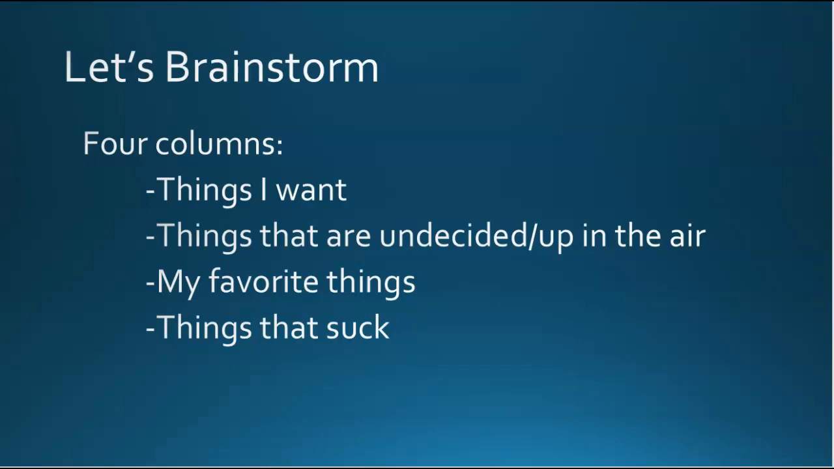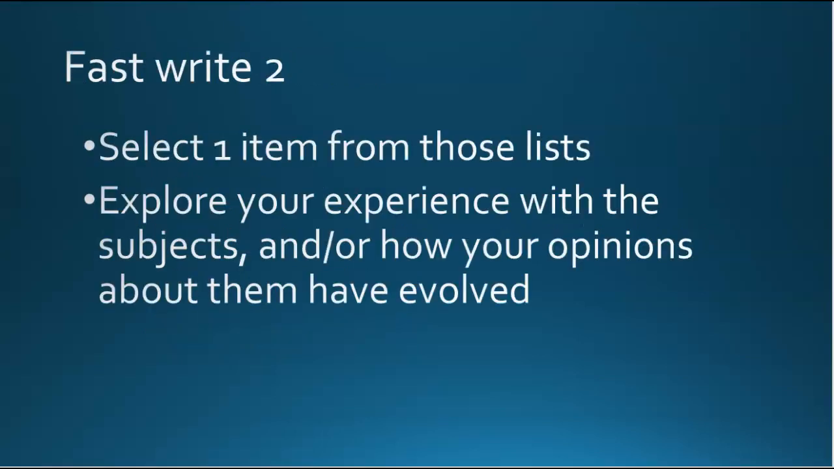All right, so you were able to get some things down, right? What I want you to do is review what you have, some of the things that you've listed in those 4 columns. Choose one that has some possibility, one that is provocative, that's pulling on you. I just want you to select one item. It could be from things I want, things that are undecided, my favorite things, or things that suck. Select one item from any of those lists, and then I want you, in writing,